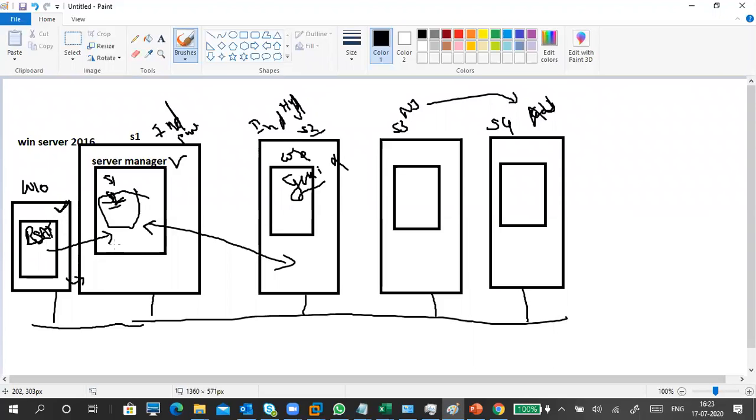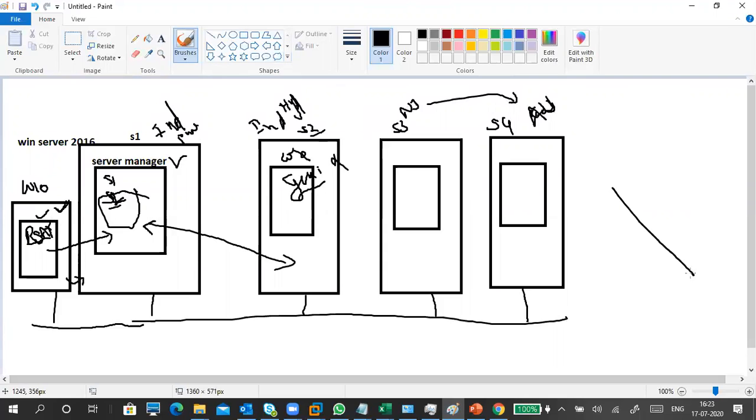Like if I have an Ubuntu PC, or maybe my work-from-home PC, like my personal PC, I cannot connect it to my corporate network, right? So I cannot use this one. I cannot install this one. So I have limitations of using this one. So another solution was made, that is Windows Admin Center. What is this Windows Admin Center?